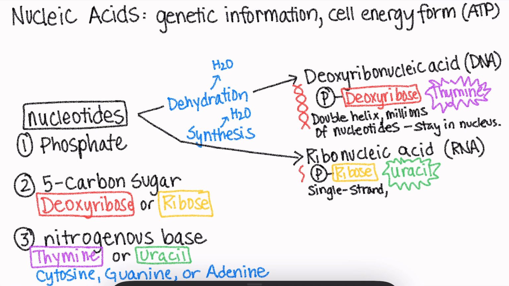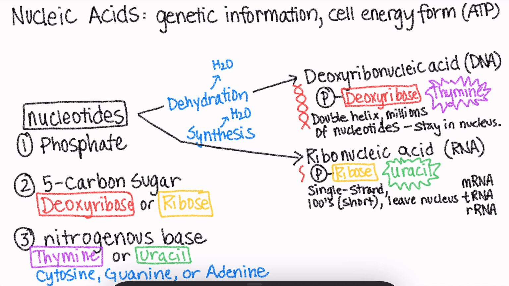It's only going to have hundreds of nucleotides, so it's short compared to DNA. And it's able to leave the nucleus and do a lot of jobs in the cell. So it comes in the form of messenger RNA, transfer RNA, and ribosomal RNA, all of which we'll talk about